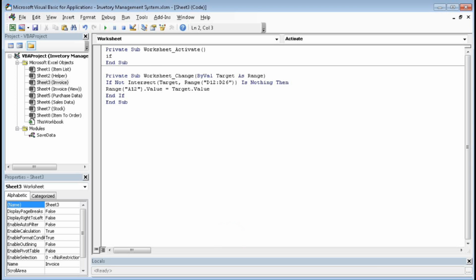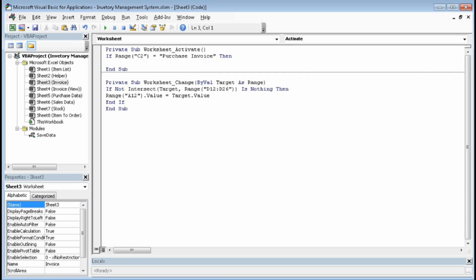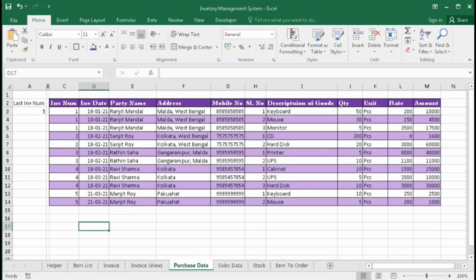Then if range C2 equal to purchase invoice, then sheets purchase data dot range, it is A3.